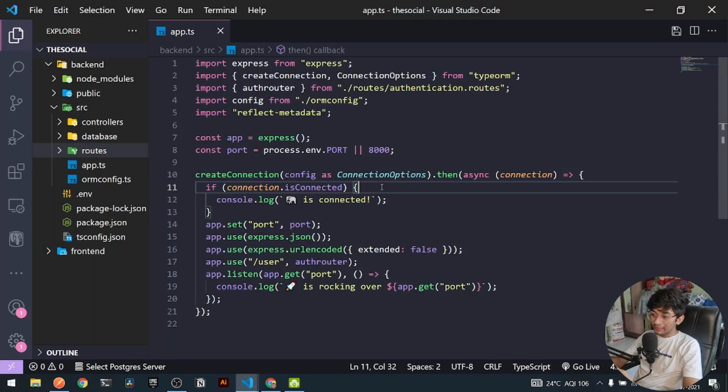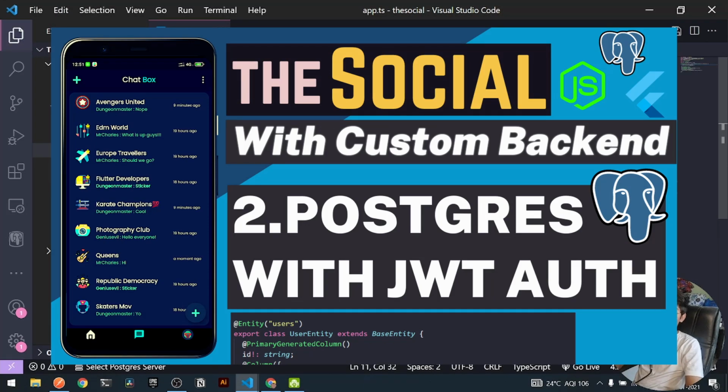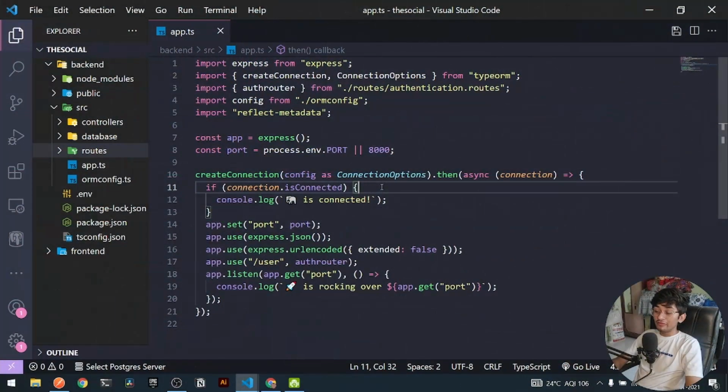Hey everyone, welcome back. In this video, we will be continuing the authentication process of a user. In the previous video, we explained what JWT is and how to save the particular user data under Postgres. Today, we shall be decoding the JWT data, and also we shall be logging the user into our entire application.